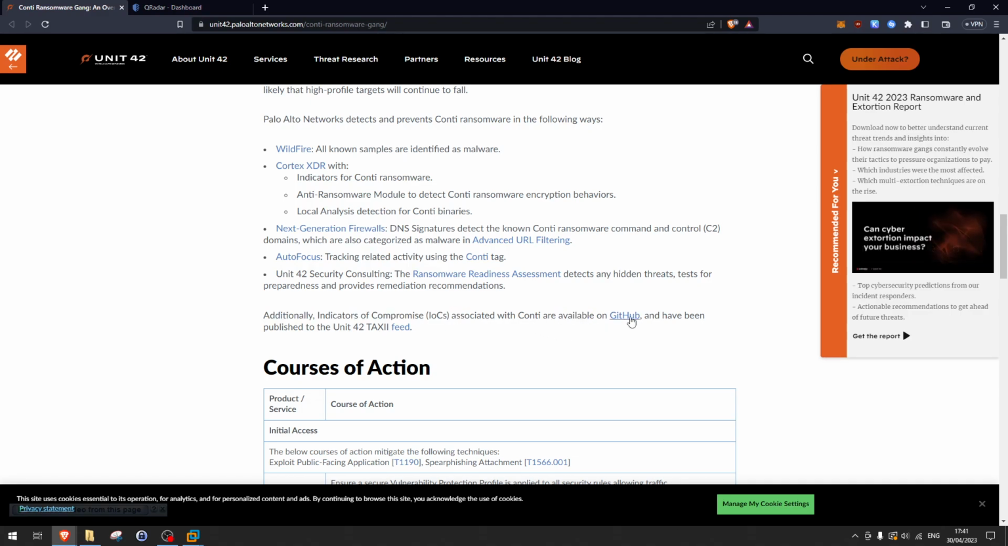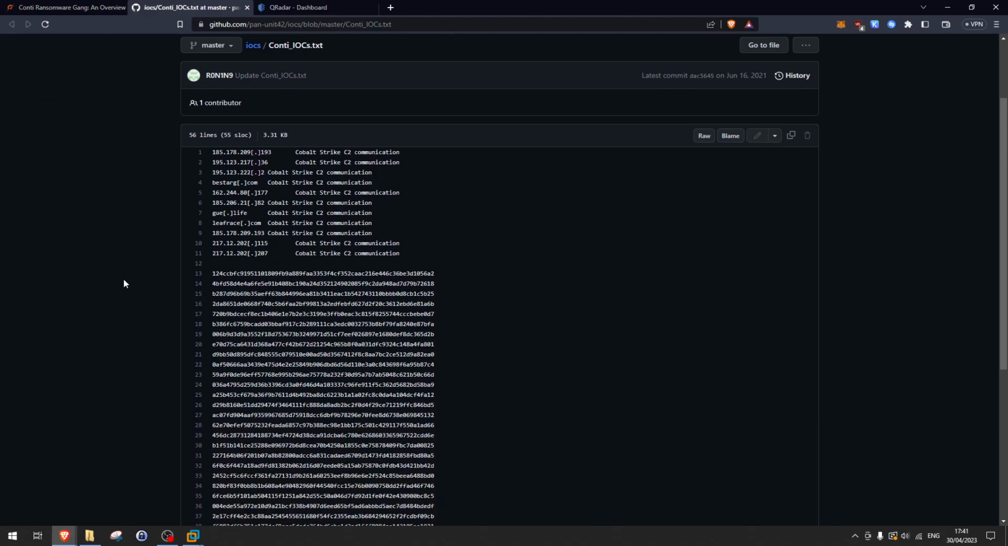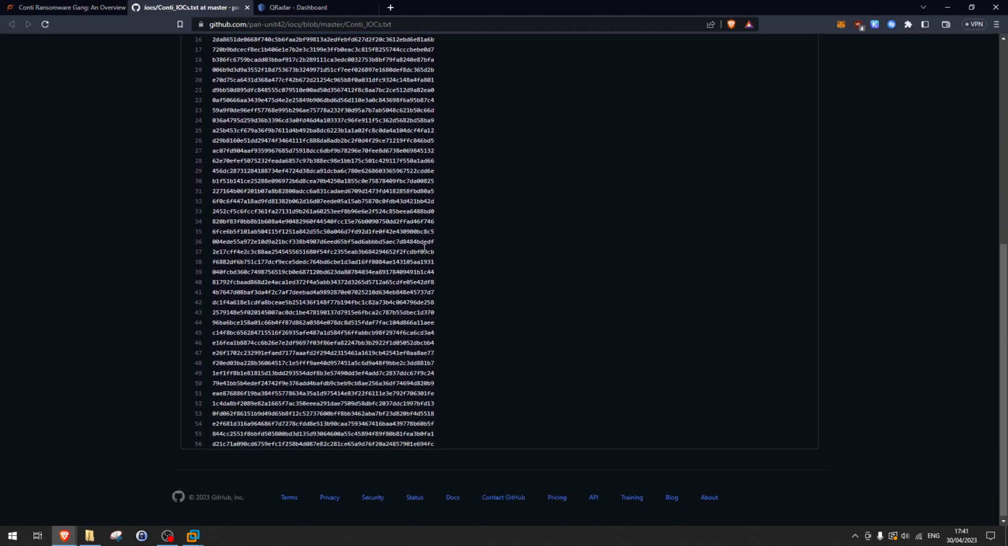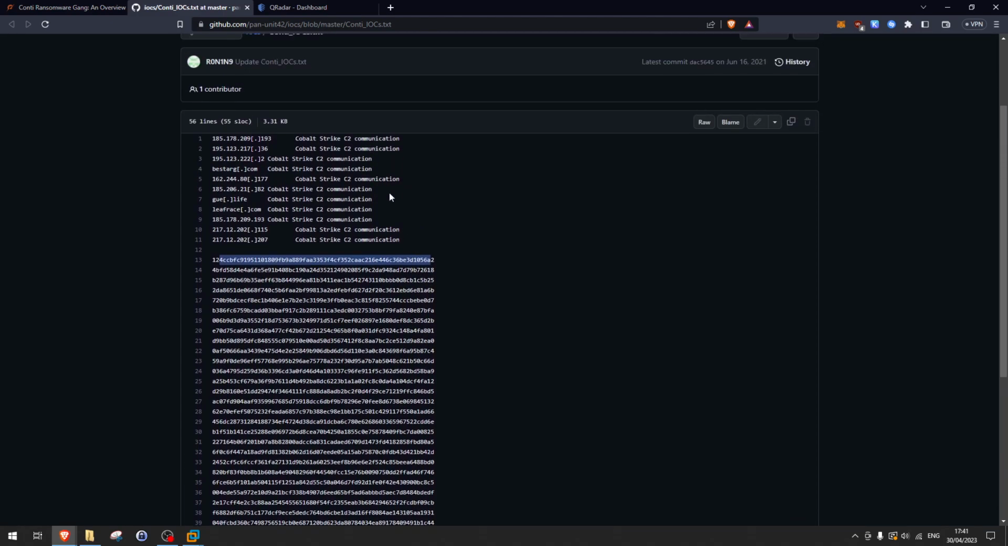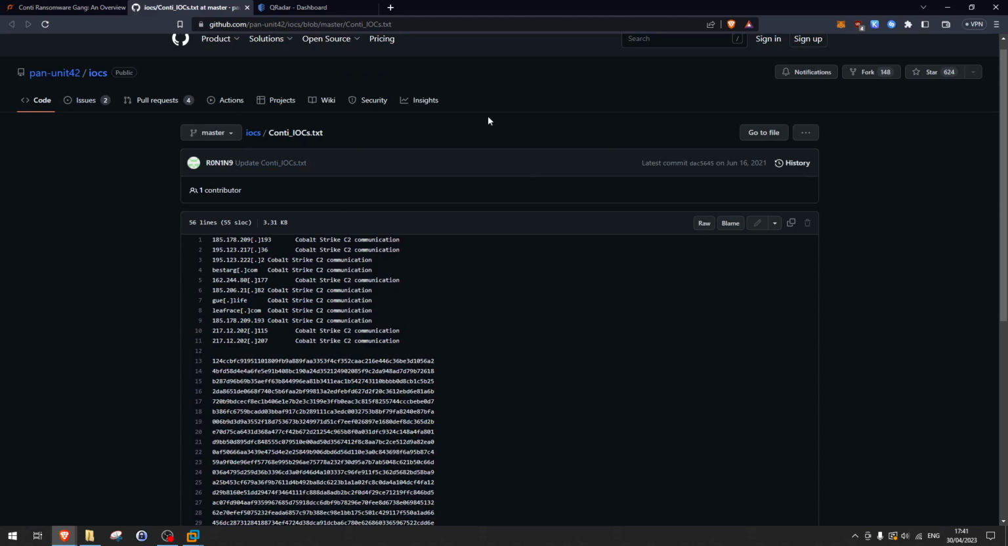So usually when you read a report, there's going to be a section for IOCs. It's either going to be in an external location such as GitHub or inside the report PDF itself. And usually we're going to see some IP addresses, domains, hashes, etc. So let's say we want to create a new detection item, a new alert based on the Conti ransomware IOCs. So what we have to do,